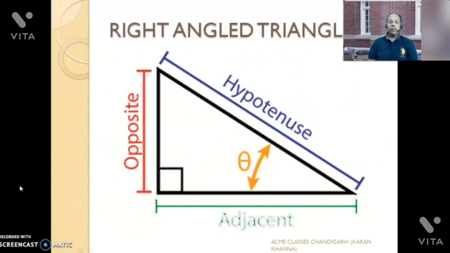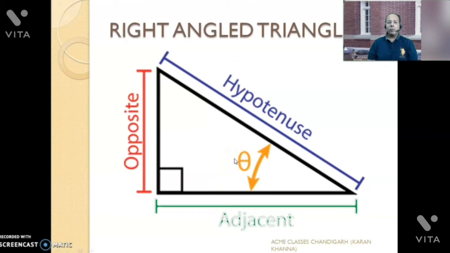So let's see. Now this is an example of a right angle triangle. Normally, if I was to ask somebody, identify the perpendicular, everybody would say this is the perpendicular and this is the base. Now to say that this is the perpendicular and this is the base is slightly incorrect. Perpendicular and base are always in relation to the specific angle being discussed.